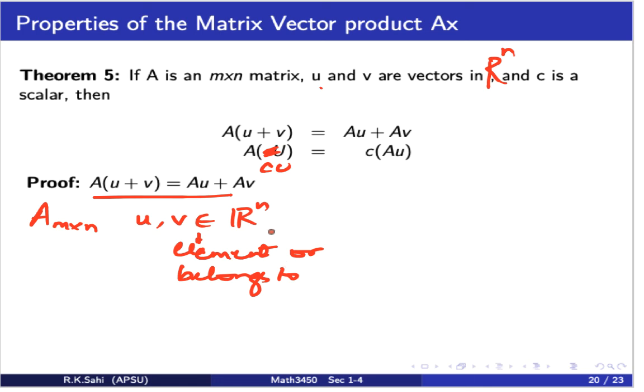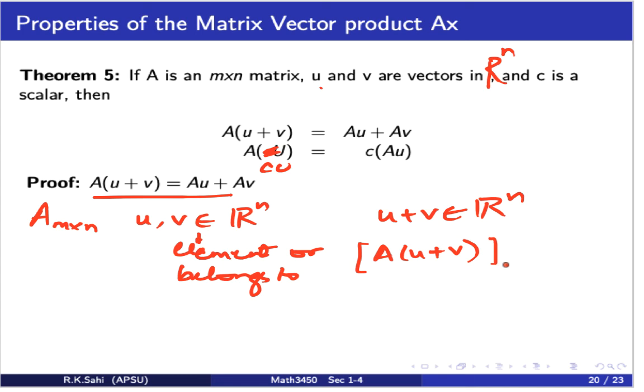So if there are two vectors in Rn, then u plus v also is in Rn, and the matrix product A times u plus v, what is the size? m by n times an n vector of Rn means what? This will be a vector of size